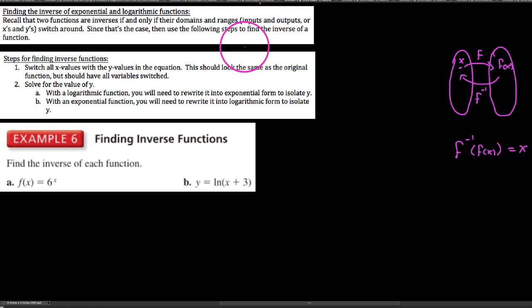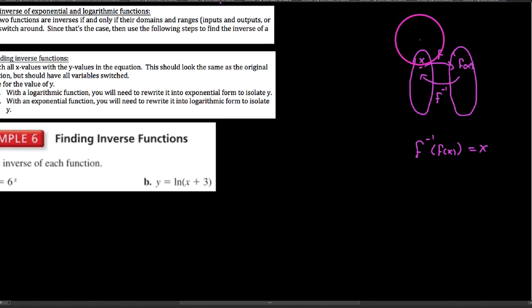The key lies in the fact that two functions are inverses if and only if their domains and ranges, that would be their inputs and outputs, or their x's and y's, switch around. Since that's the case, we can just use this set of steps that I've outlined here to find inverses. Step number one, sorry, before I even get to step number one,